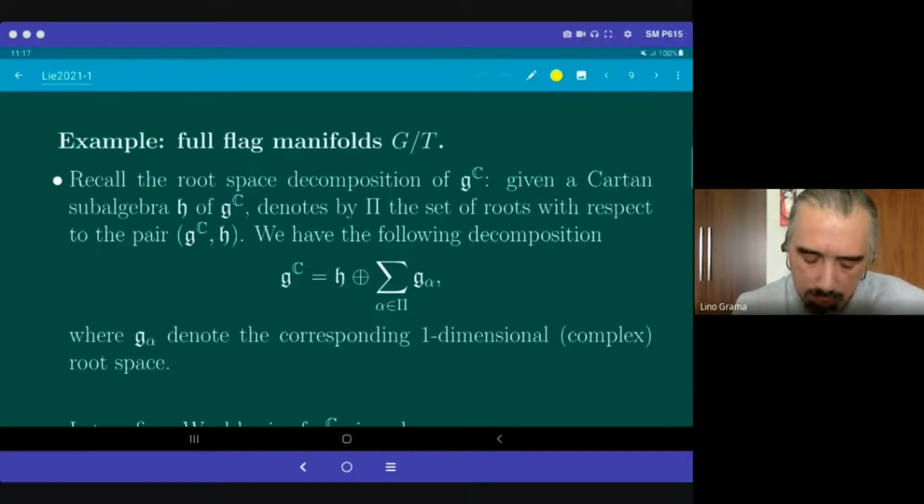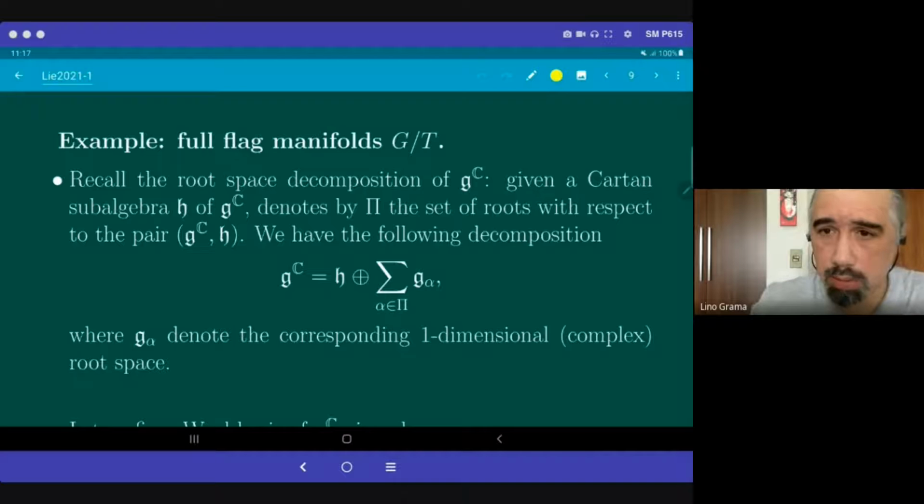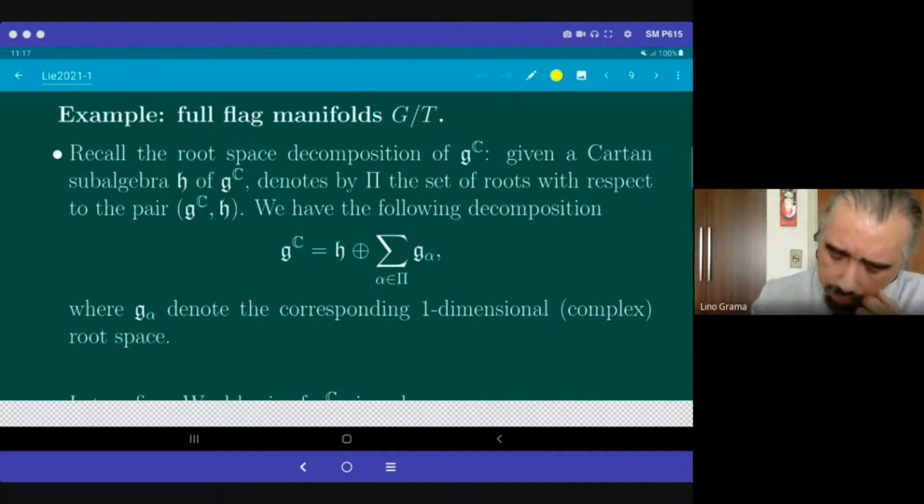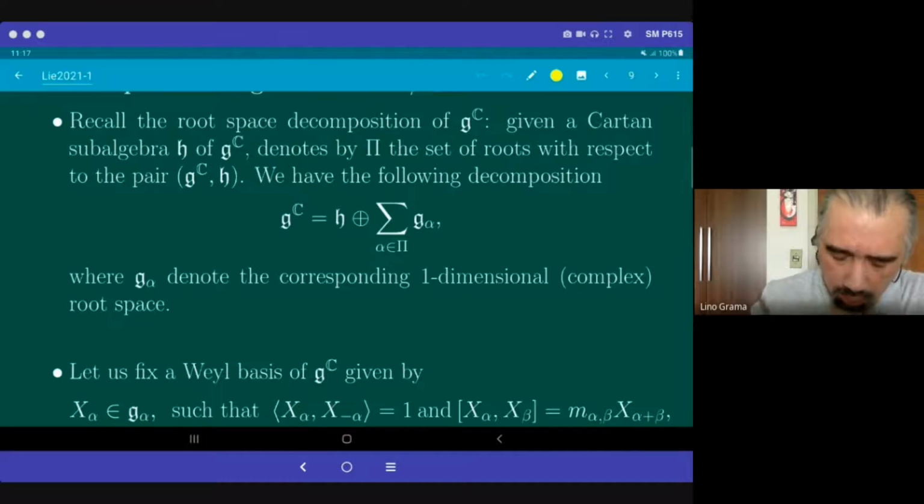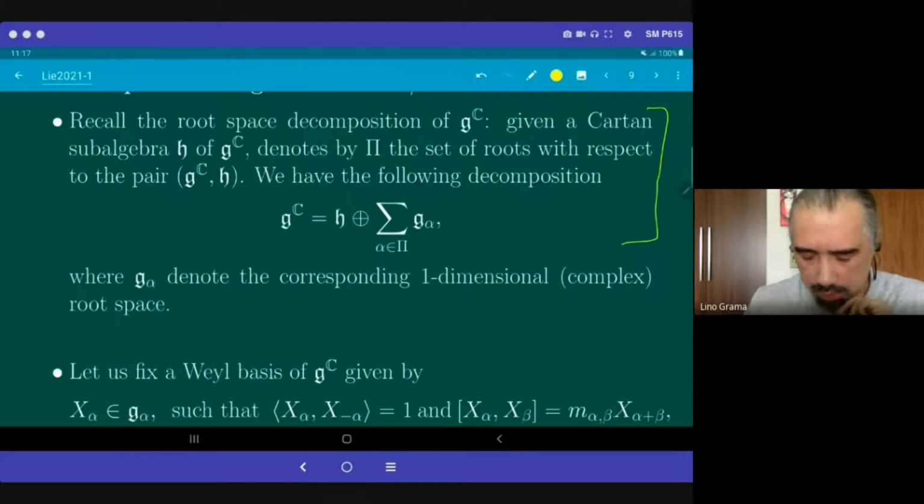Let's try to explain this more clearly, in the case of the full flag manifold. For the Riemannian metric, I'll skip, as it appeared before. But for the almost complex structure, maybe I'll take two minutes here. Again, this is very canonical. We just fix